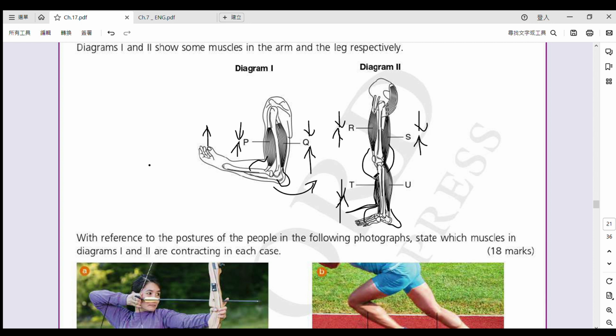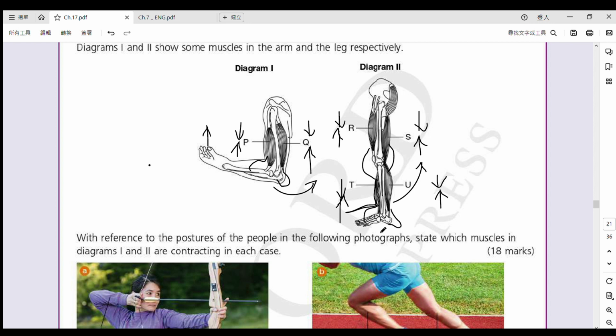好，再嚟 S. When S contracts, 佢會 pull this part of the leg backwards. 就會向上浮起身。When it pulls backwards, your leg bends because there is no kneecap. 你冇個膝頭哥喺度，佢就會 bend 啦。